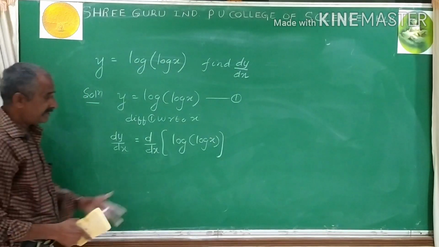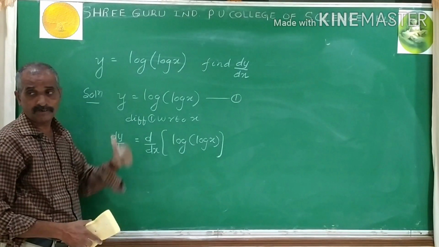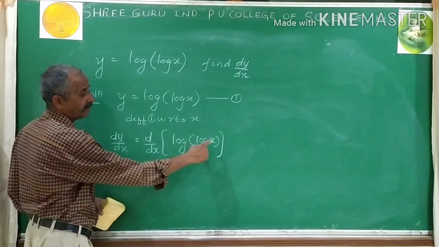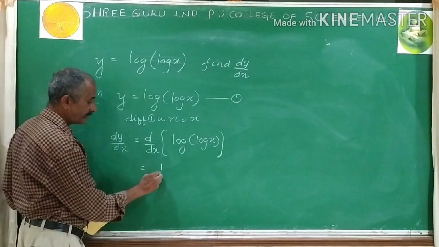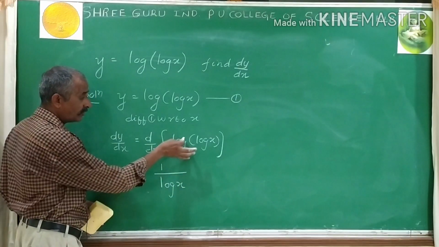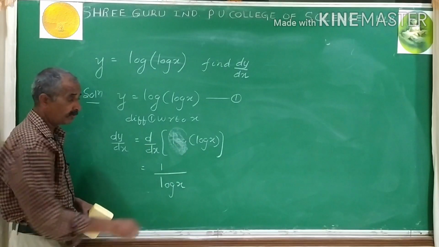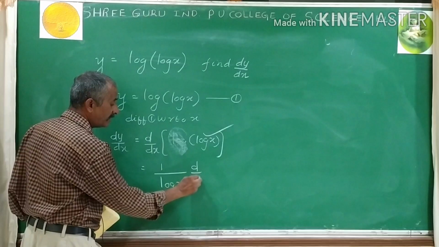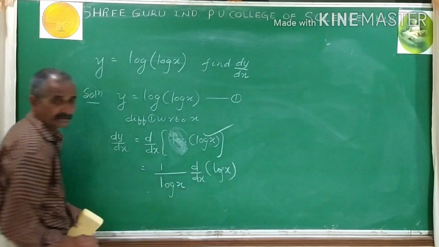Now, it is just like the log x type. So, differentiation of log x is 1 divided by x. Only thing, in the place of x we have log x. But the answer format does not change: 1 divided by log x. That is not enough. This first log function derivative is done, followed by one more: into d by dx of log x, that means into the derivative of log x.